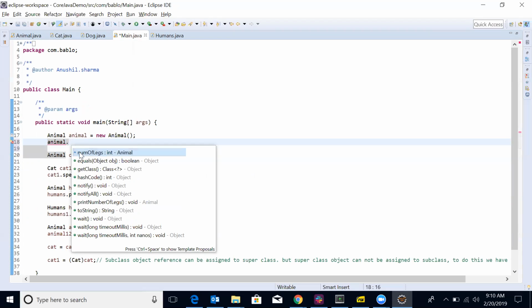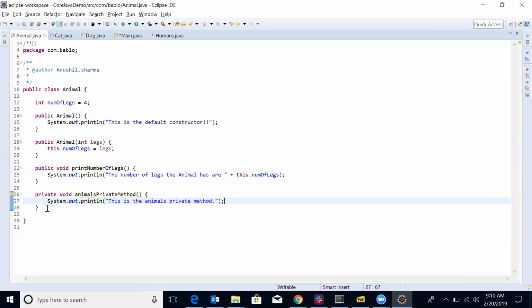So from outside the class, we are not able to access this private method. You see here, this animal's private method is not at all available here. Correct. So now let me do one